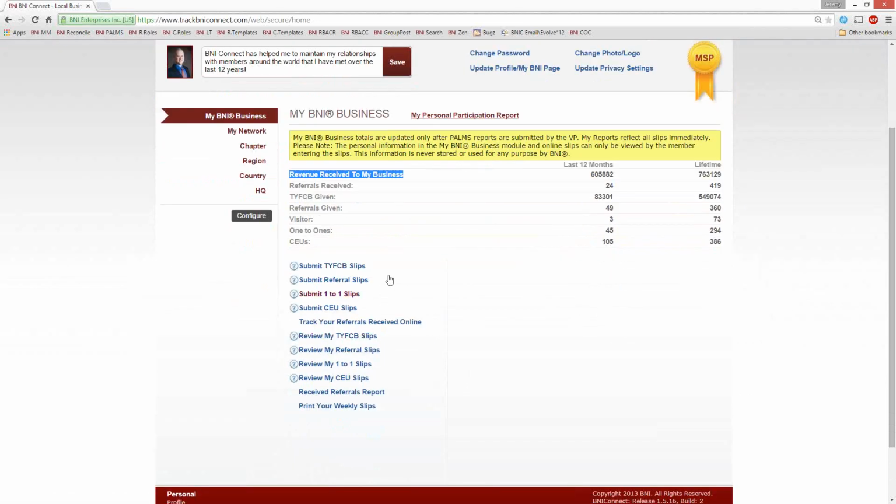Now at the bottom of the page, there are a number of other activities. Each one of these links down here is an activity. You'll see the first four at the top say submit. So we can submit a thank you for closed business, a referral, a one-to-one, or a CEU slip. That is the equivalent of going to your chapter meeting, filling out a piece of paper and turning it into your vice president. Rather than fill out a piece of paper, we can do that